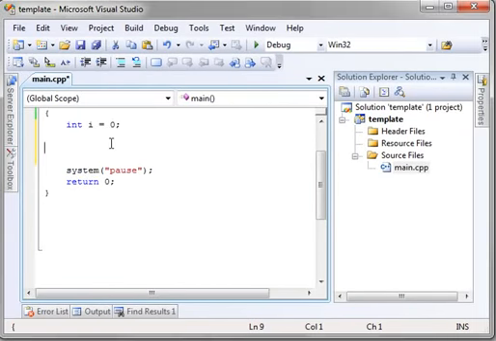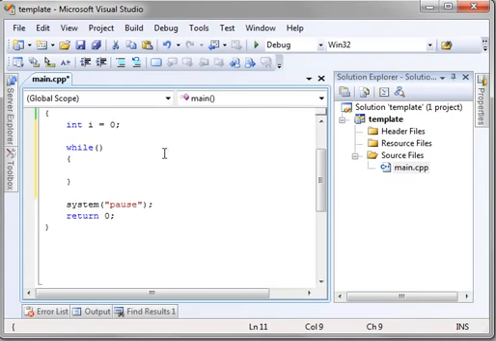Today we'll be discussing the while loop. You see, we already have a variable called i, which is set to 0, and we're going to say while, parentheses, code block. You probably already guessed what this does. You have a while and then an expression we're evaluating, so we'll say while i is less than 4,